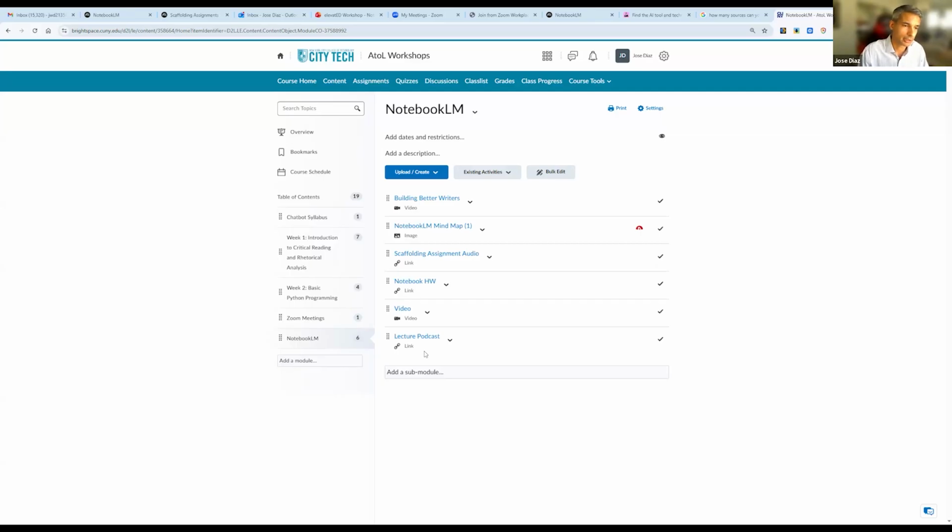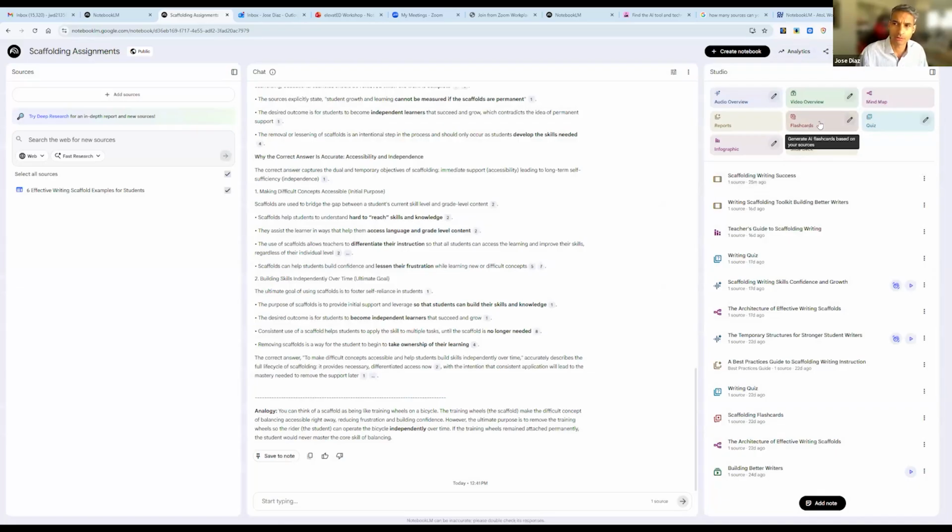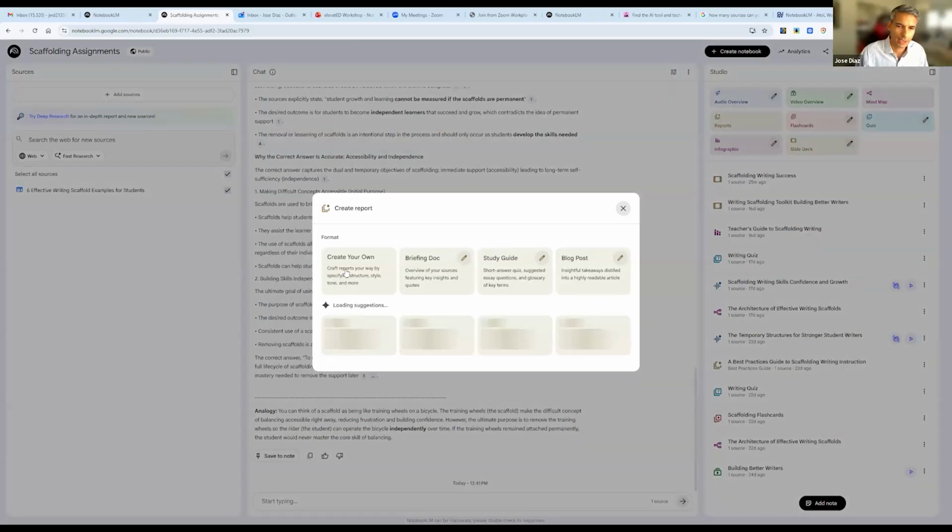They're all working together collaboratively. And then the students can go into the studio, create flashcards, create quizzes, create a mind map, create a report for